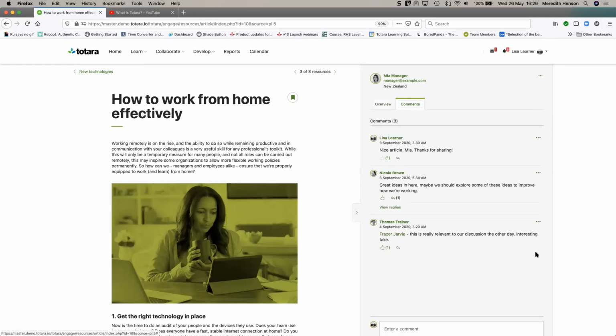There have also been a range of comments or discussion across this particular item. So you can track people's interaction with pieces of content, as well as track and report on user engagement. So you can see who's creating great content, who's creating popular content, and who's working collaboratively and is engaged across both the content and the site as a whole.